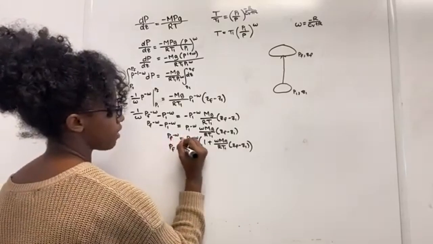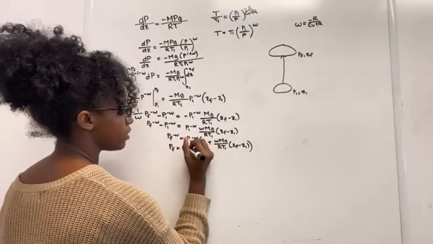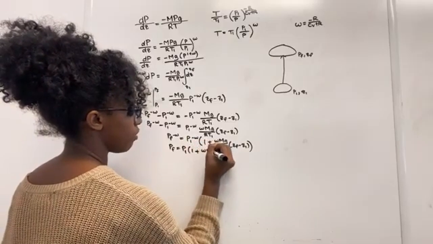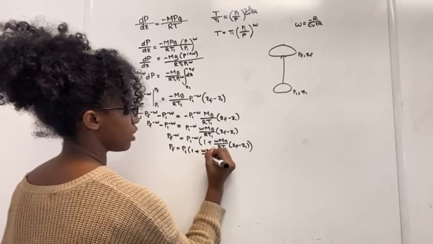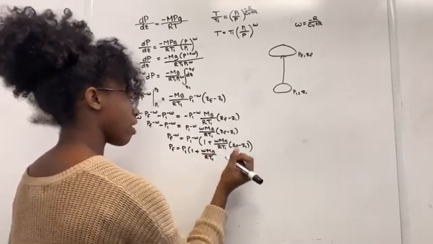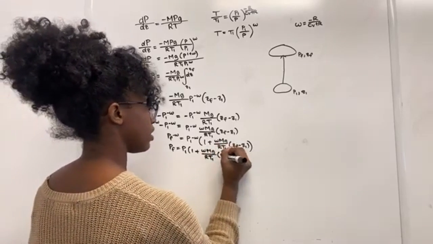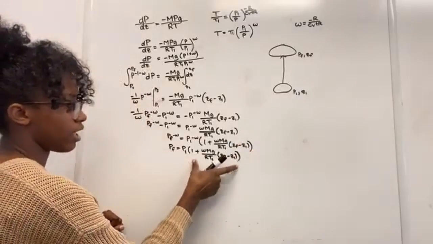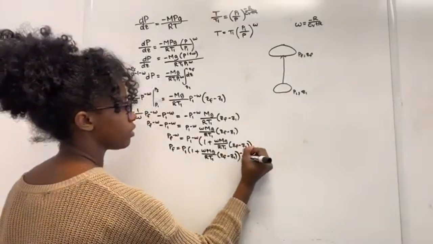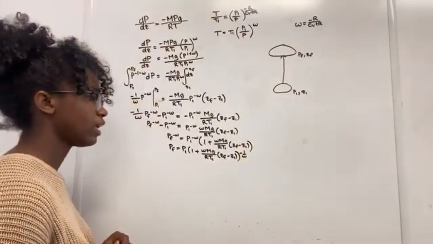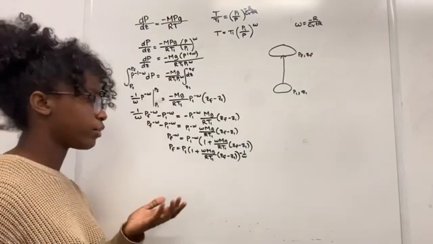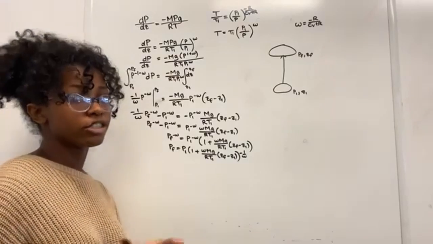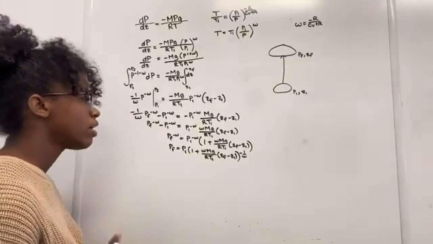So we're left with PF is equal to P1 times 1 plus omega times mg divided by r times T1 times ZF minus Z1. And we have to raise everything in the parentheses to a -1 over omega. And so this is our final equation for pressure and how it relates to the change in altitude, but we